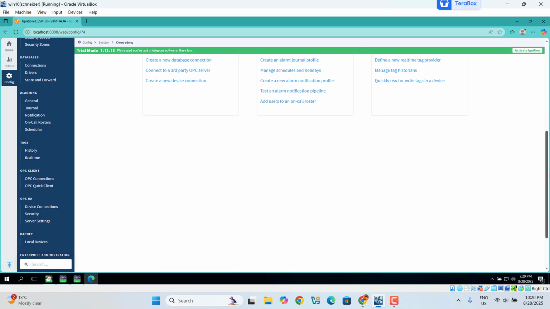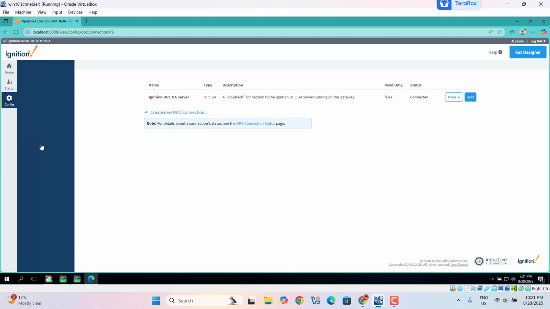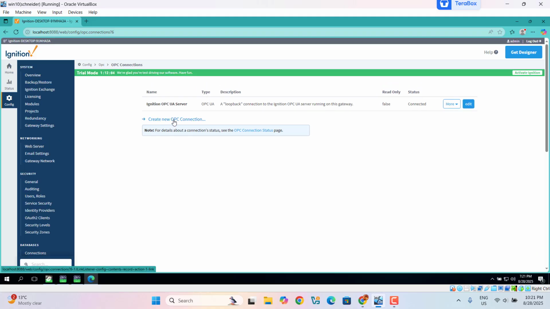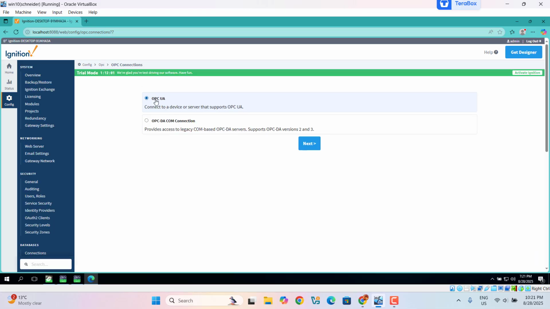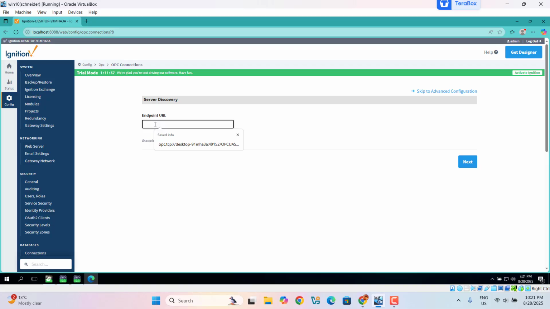Then go to OPC client, OPC connection. Go here, create a new OPC connection. We choose OPC UA in here. Next, we copy this one. We come here. So the endpoint is the address. Next,